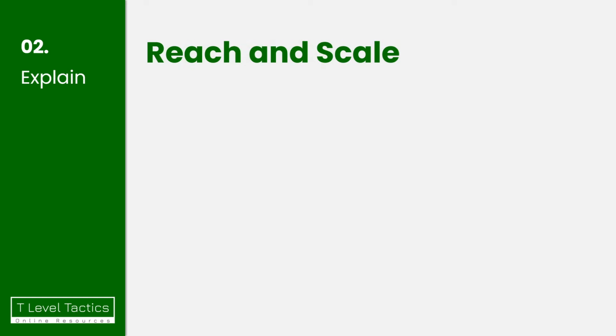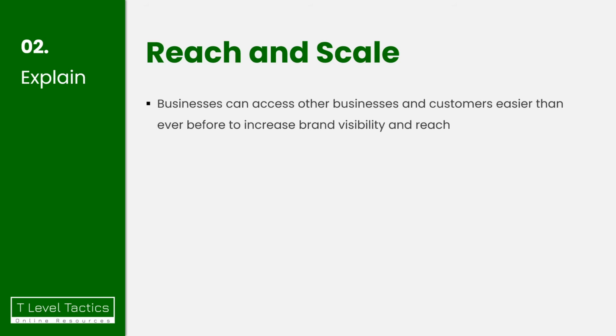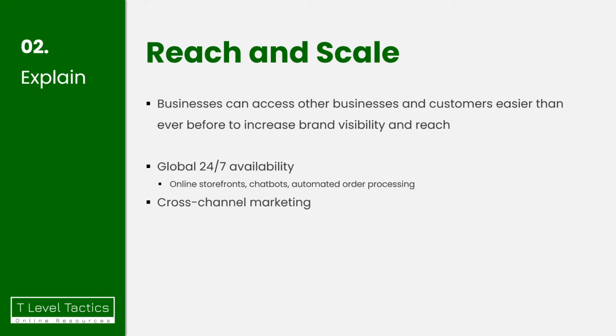When we talk about reach and scale, digital technologies allow businesses to access other businesses and customers easier than before, and can increase their brand visibility and reach. They've enabled 24/7 global availability with online storefronts, chatbots, and automated order processing. There's cross-channel marketing across multiple different communication methods, using social media, search engine optimization, and email campaigns, and more in